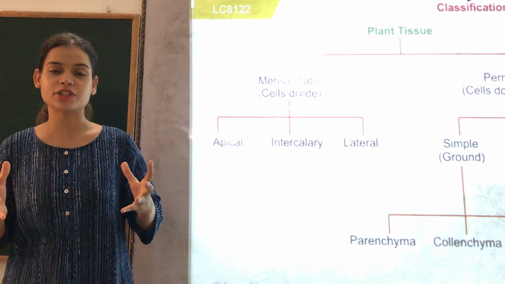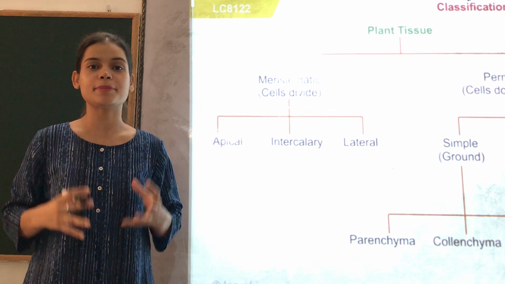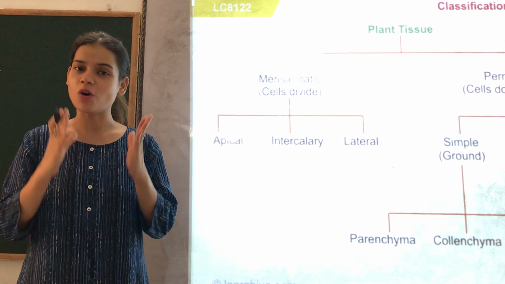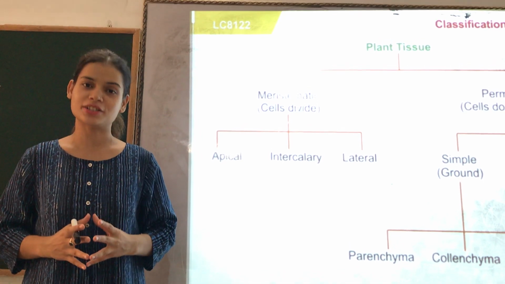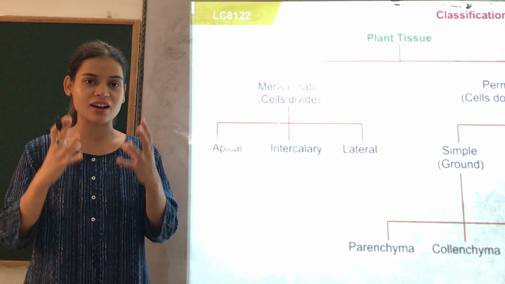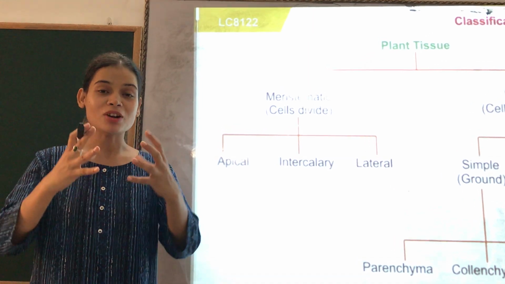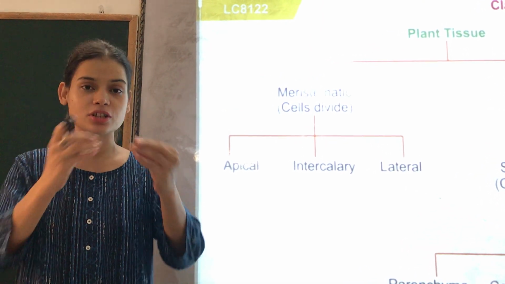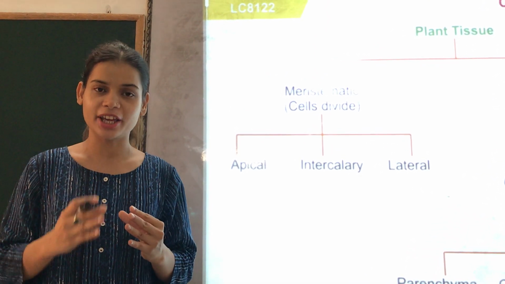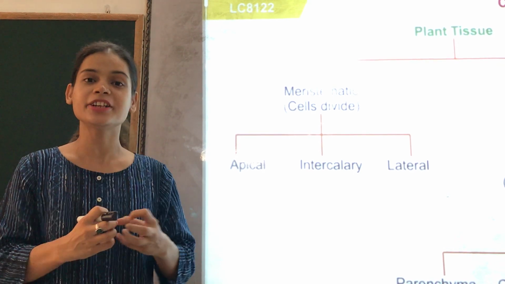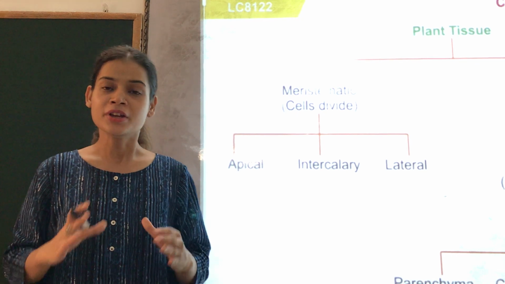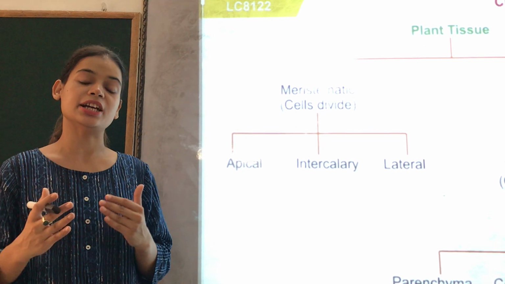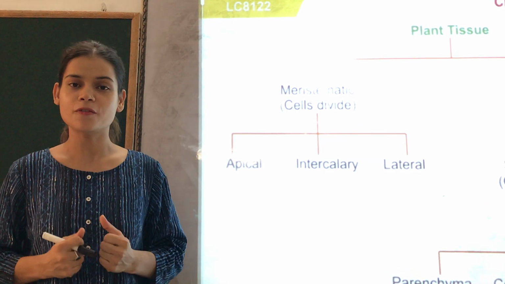In today's class, we will be talking about simple permanent tissues. If you are watching all the videos, you may know that we have already covered meristematic tissues and we are discussing plant tissues. Okay, what is a tissue? Tissue is nothing but just a group of cells. When similar cells combine together, they form tissues. That is all what we have already covered. Today's class we are going to see what are the other types of tissues.